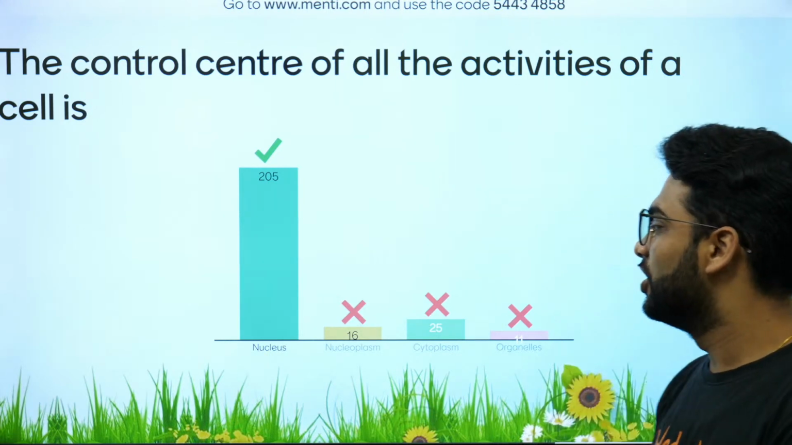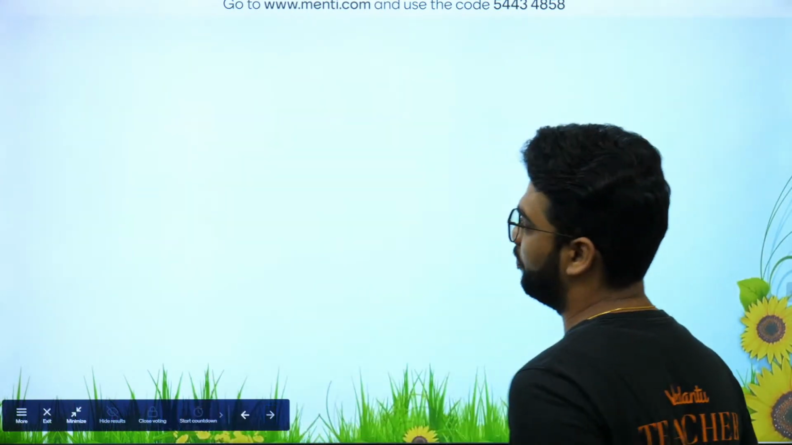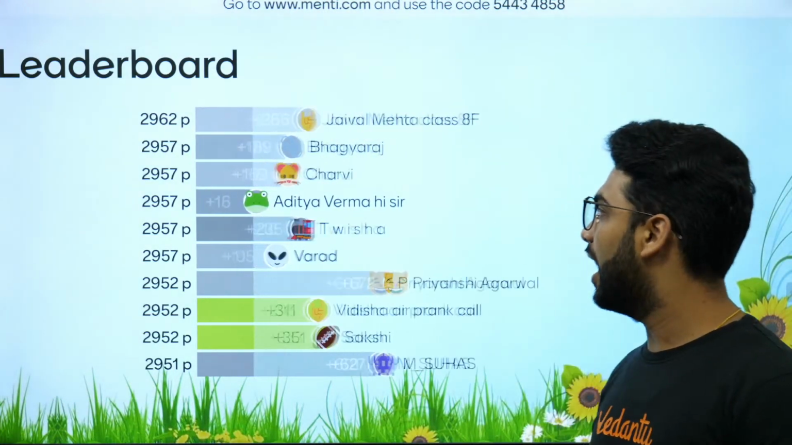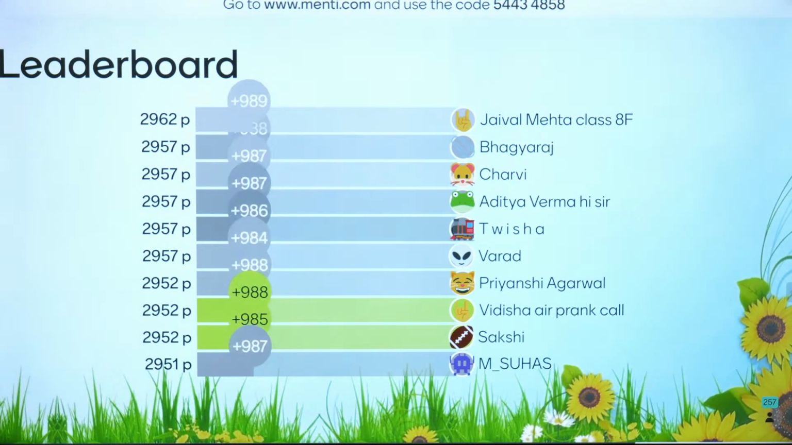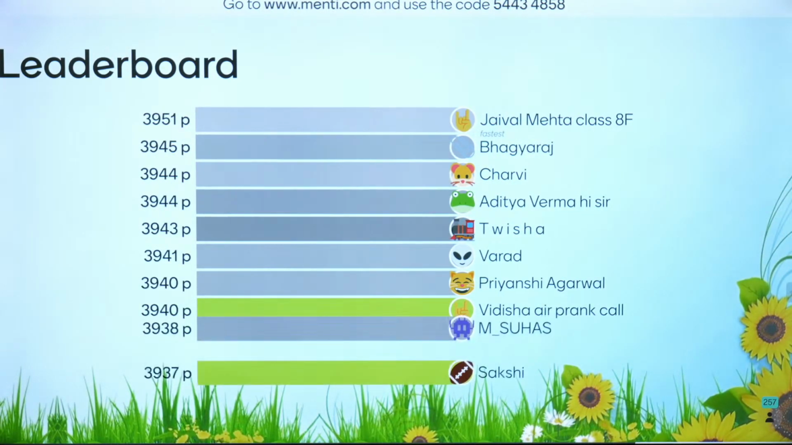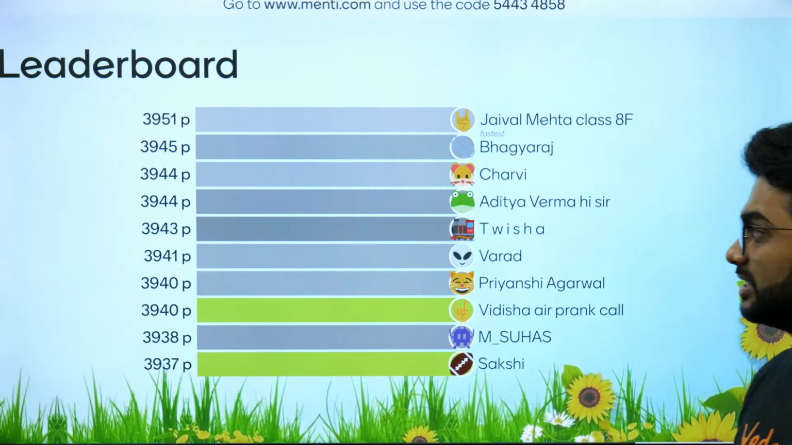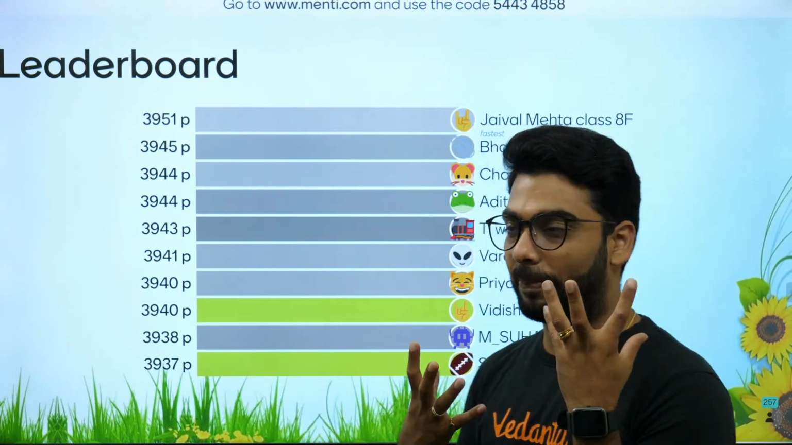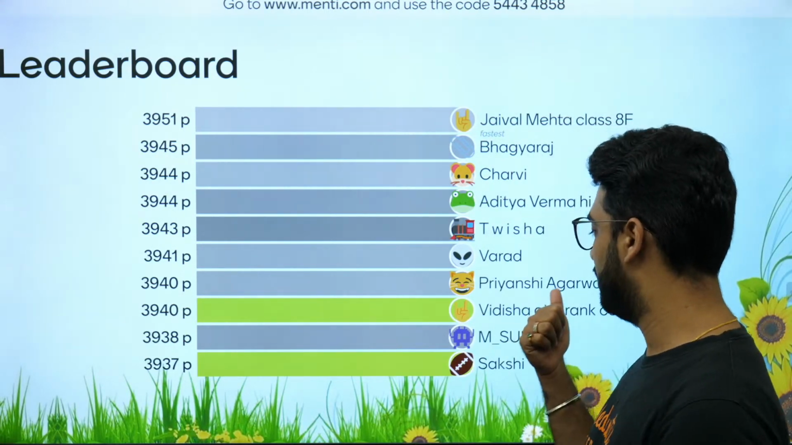Let's see. So more than 200 students are correct. The answer is nucleus, which is the brain of the cell. It controls all the activities, having two membranes, and these are the super kids. Jaival Mehta, Bhagyaraj, Charvi, Aditya, Twisha, Bharat, Priyanshi, Vidisha, Maitri, Suhas, and Sakshi. Jaival, you are the fastest. That's amazing. We have a tie between Charvi and Aditya, and we also have a tie between